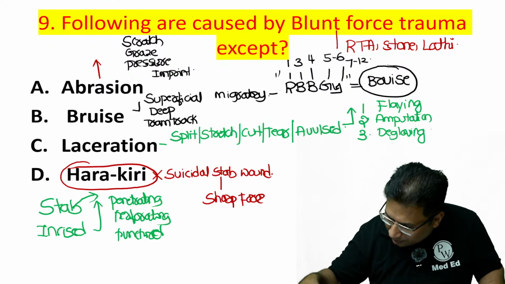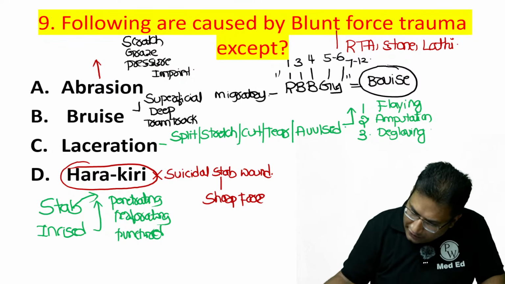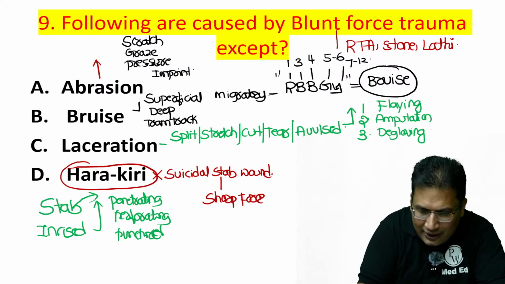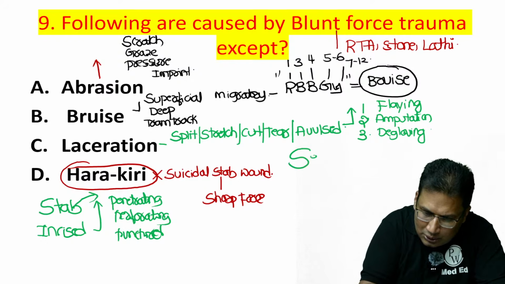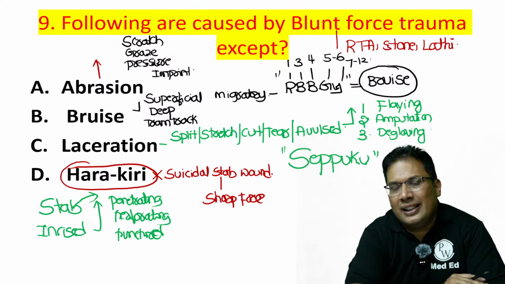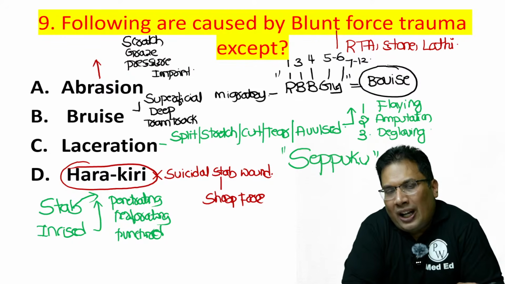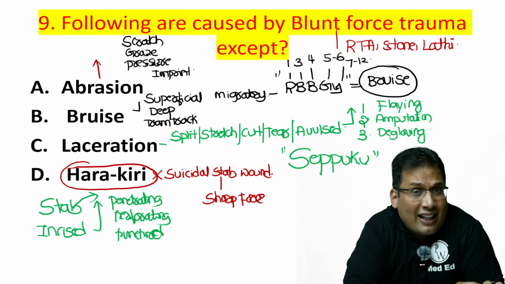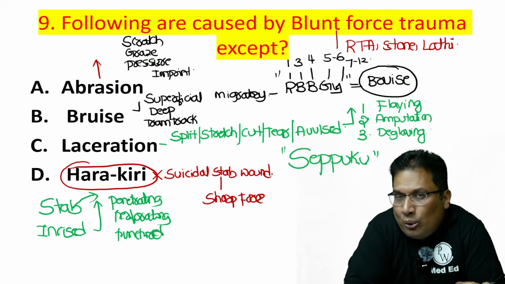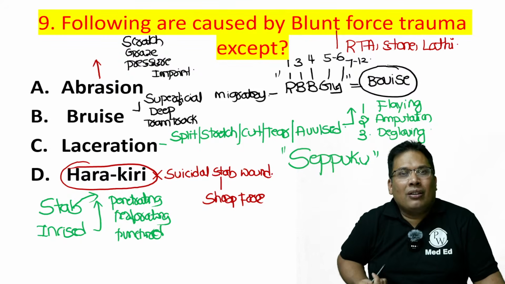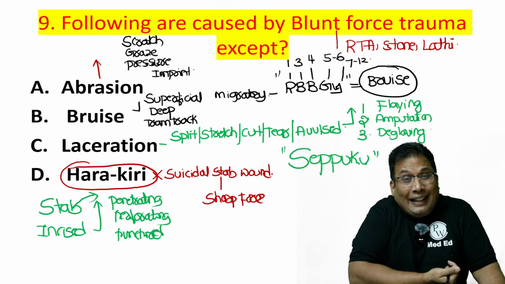Okay, good. Now is it clear, guys? So Harakiri is also known as Seppuku. So this is an MCQ. It is practiced in Japan by Japanese samurai. It's a method of suicidal death where they place a stab wound over the right side of the abdomen from right to the left, so that there is nothing but belly cutting.